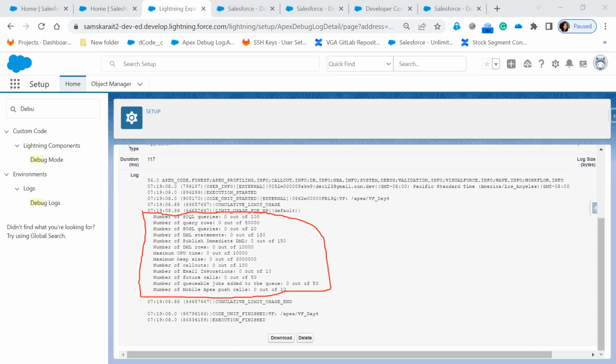These are basically governor limits, Salesforce limits. Now it will tell how many SOQL queries you have used out of 100. Limit is 100. Now how many have you used? 0. Number of query rows, how many rows can we query? 50,000. How many did we do? 0. We have not done anything. Like that it will show SOQL queries, DML statements 150, publish immediate DML, CPU timeout and heap size, callouts, email